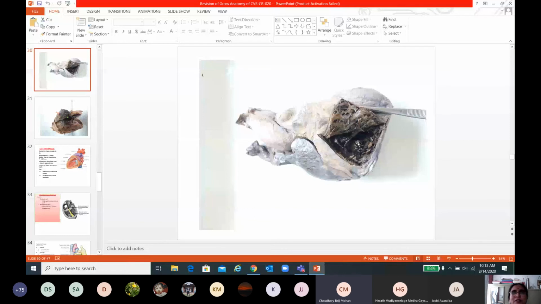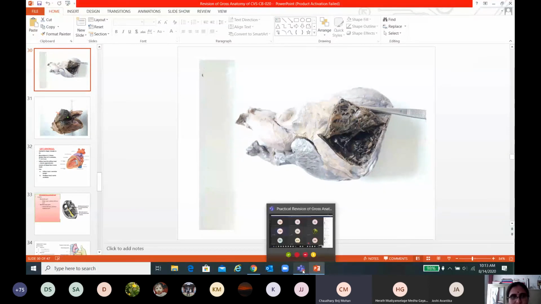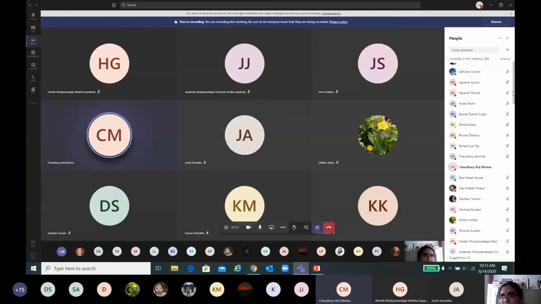What are the 2 parts of the ventricle? There are 2 ventricles and there are 2 parts for each ventricle. What are they? One is a smooth part, another is a rough part. Very good. Inflow and outflow. Inflow is rough, outflow is smooth. Yes. Now you have to mention the source of development. Am I clear with the question? Yes, ma'am. So I am giving all probable questions.